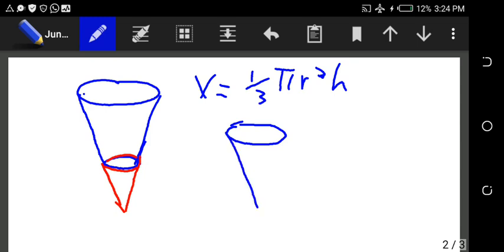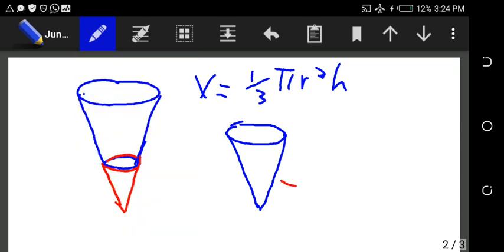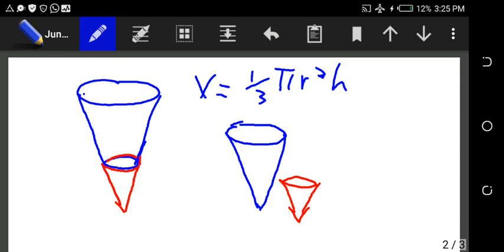We have this big cone, and inside of the big cone we have the smaller one, which was superimposed for us to get this diagram. If we want to find the volume of this frustum, logic dictates that what we have to do